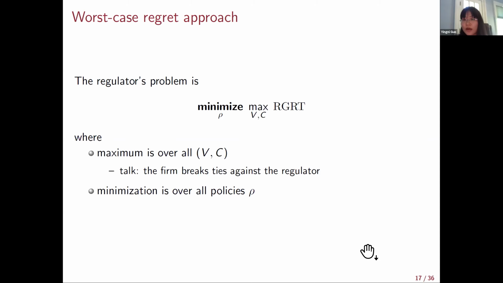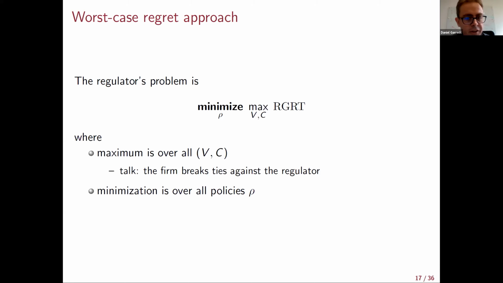So in the paper, we actually look at what happens if the demand and cost function live in a particular set. But for now, we look at the most general case. Suppose that any cost is possible and any demand is possible as long as the maximum value is below V bar. And if you're interested, you can look at the paper for the extension. Okay. Any questions so far?